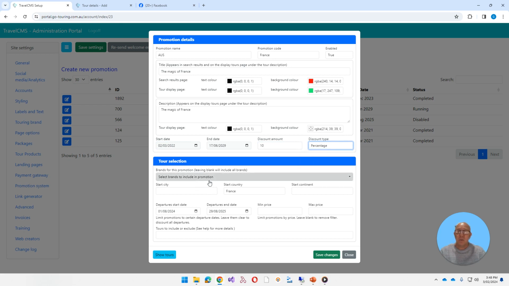When selecting the tours, you can select the tours by brand. You can put in a city or a country or a continent or all three. And you can put in departures and a minimum price and a maximum price. So the way the departures work is that it'll only discount those tours on those departure dates. So you can do a promotion for departures that leave in January of the next year and promote an early